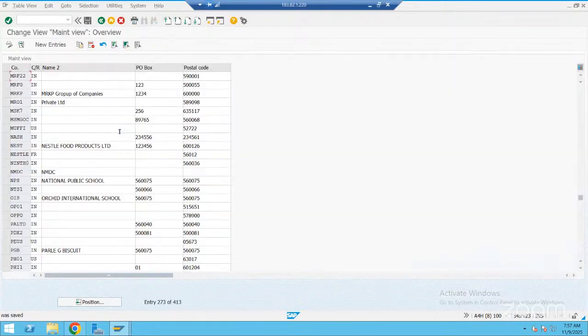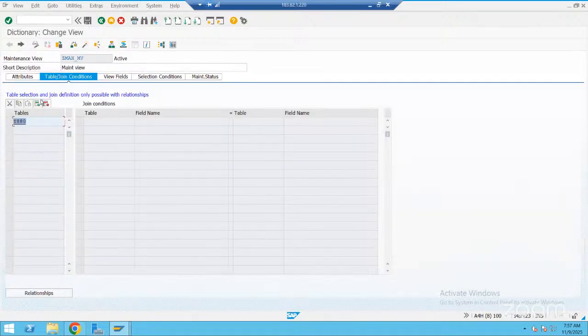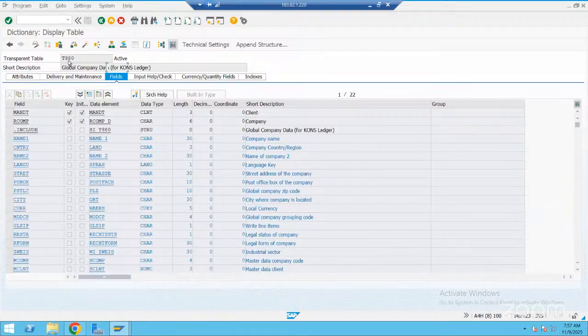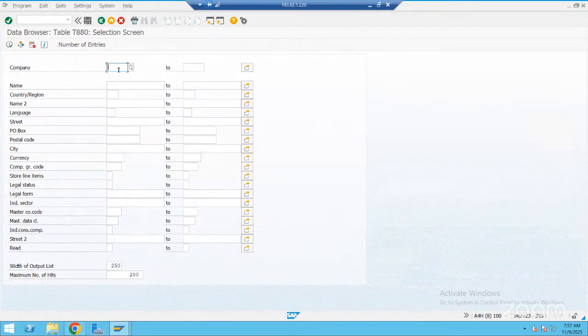Done. Now MRAS 5 will not be there. Go back, check the table, go to the table contents, copy paste here. Because we have deleted it from the database table through the maintenance view.